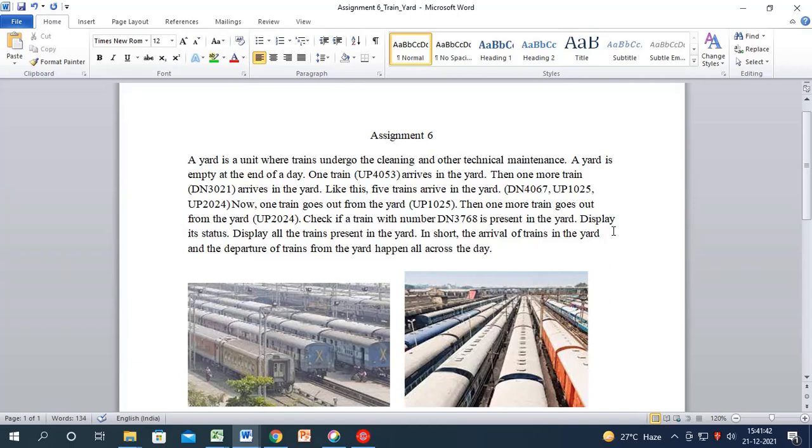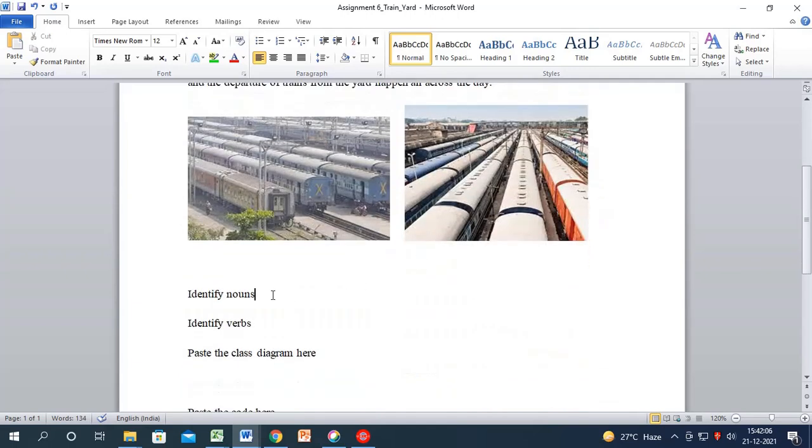There are some atoms which are there in the order. That was the statement, or those were the statements in the earlier case. Now over here the statements are a little different, and using those statements you should be in a position to identify the classes which are there in this particular description. In general, you have to identify the nouns, you have to identify the verbs, and then you have to draw the class diagram. Fine.